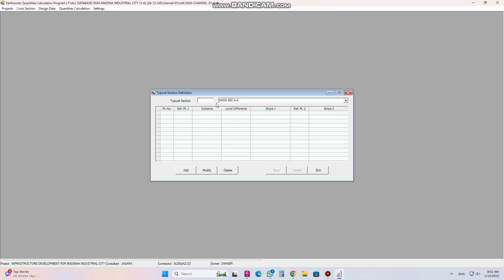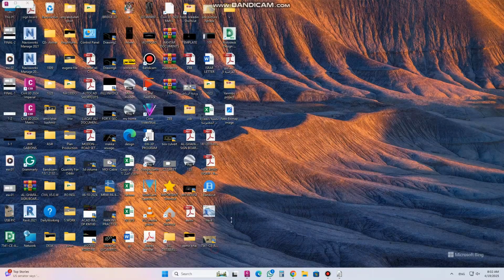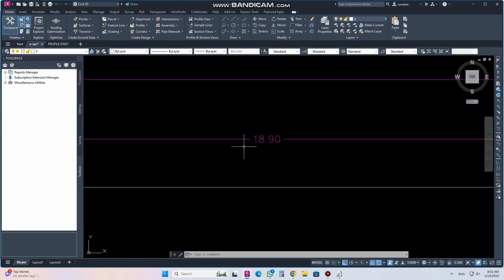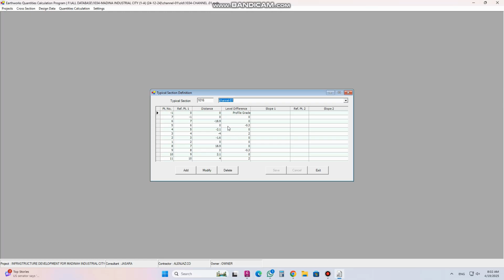Suppose if I go to a typical section, sometimes the width of the channel here is fixed, but sometimes in the road we have varying lane width, so instead of putting one value, like here I put, suppose here the distance 18.5, I just put here v1, and in this place we put the different value. So when we put here the v1 variable,